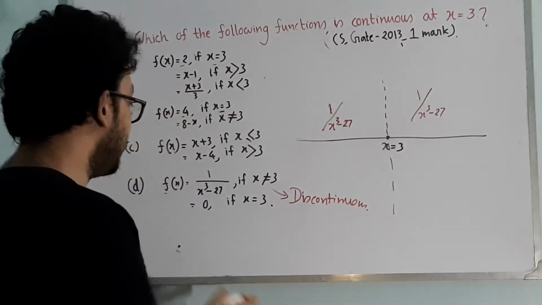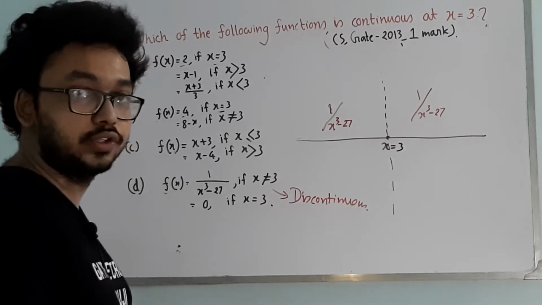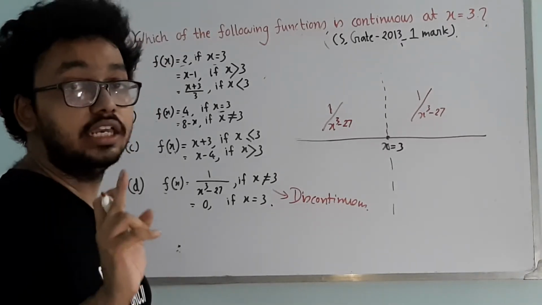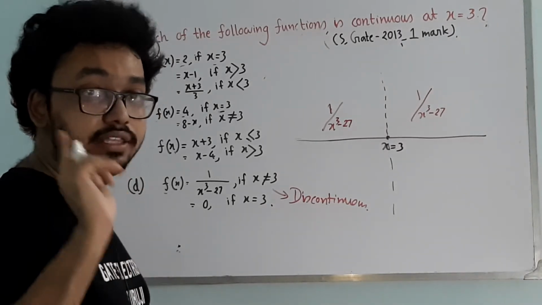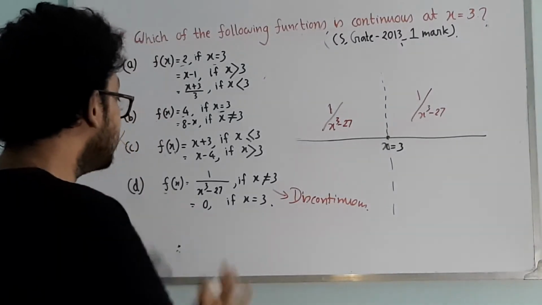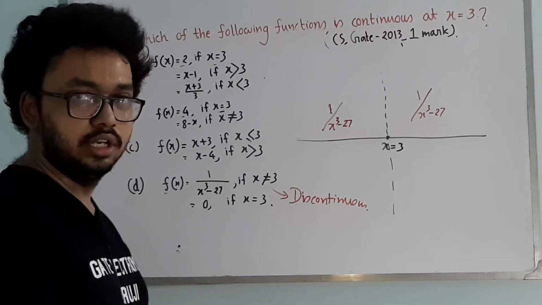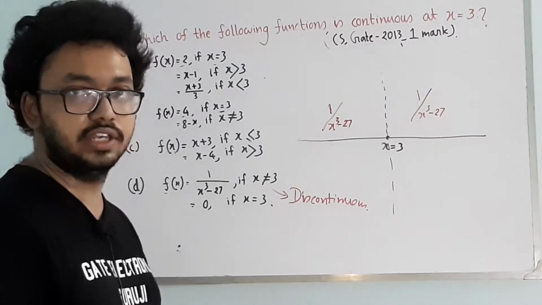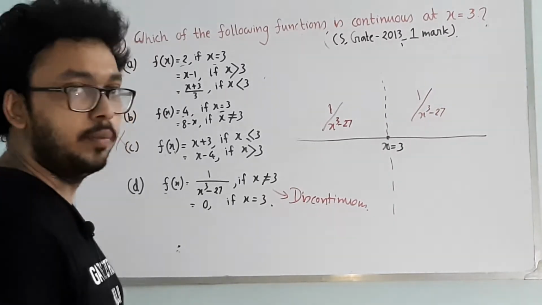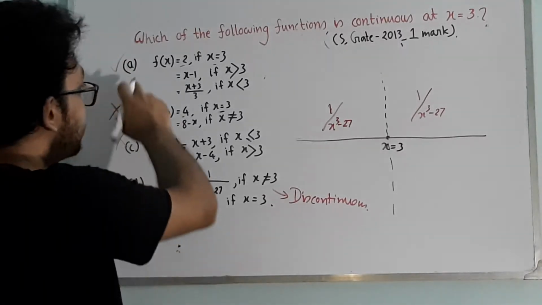I am telling you that f(x) will come discontinuous at x equal to 3, but you have to tell me in the comment section with reason why f(x) is discontinuous at x equal to 3. I am not going to solve this one for you. The teacher is not supposed to solve everything for you. You have to do something at home on your own as well. So A is the correct option.